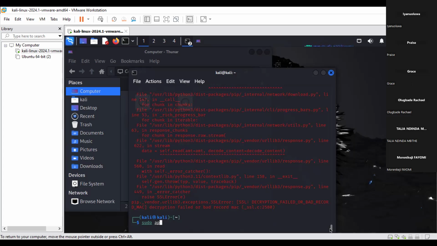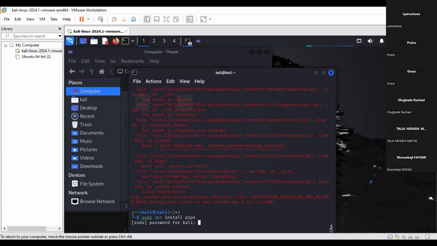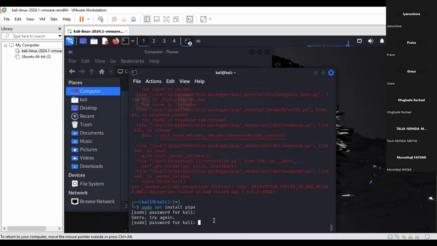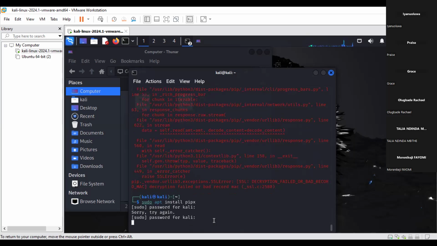The password for Kali should be kali. The password won't show, so just type kali, all small letters, and press enter.